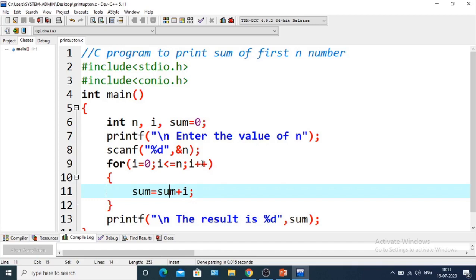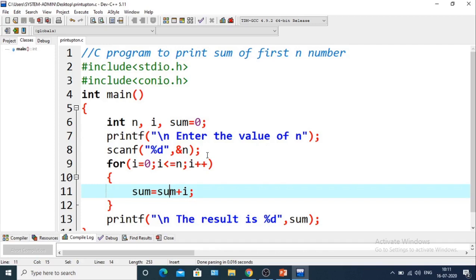So the new sum will be the previous sum, 6, plus i, that is 4, which is 10. After that the value of i will be 5. 5 is also less than or equal to n, that is 5. So the new sum will be the previous sum, 10, plus the value of i, that is 5. So the new sum will be 15.